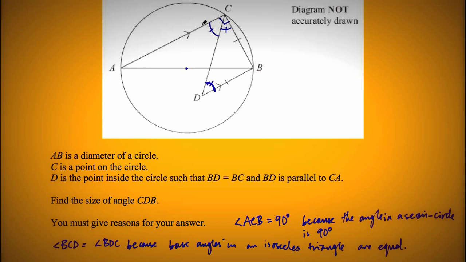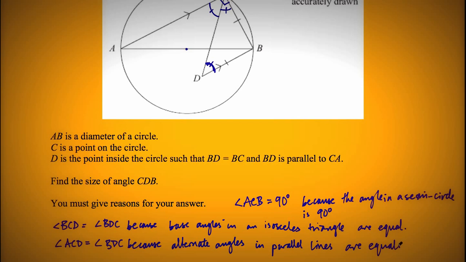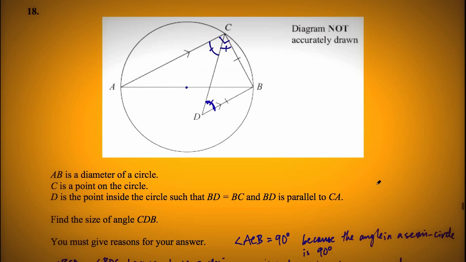And then angle ACD equals angle BDC, because alternate angles on parallel lines are equal. So that tells me that ACD plus DCB